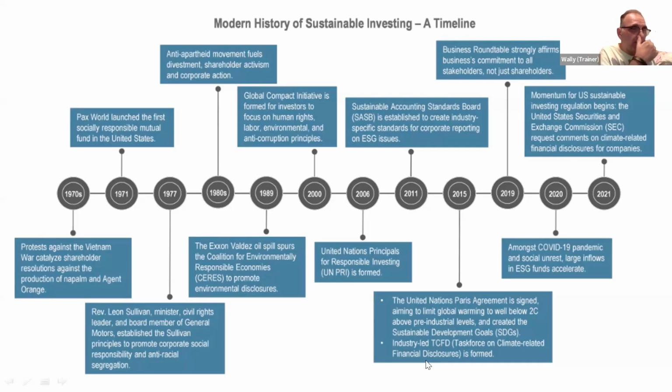As you can see through this timeline, by 2021, momentum for U.S. sustainable investing regulations begins, the United States Securities and Exchange Commission, SEC, requests comments on climate-related financial disclosures for companies. So what they asked in the US now, every company has to report to government how much they spend in order to protect the environment and the climate, depending on the products they sell or the manufacturing process they operate. So as you can see from this timeline,